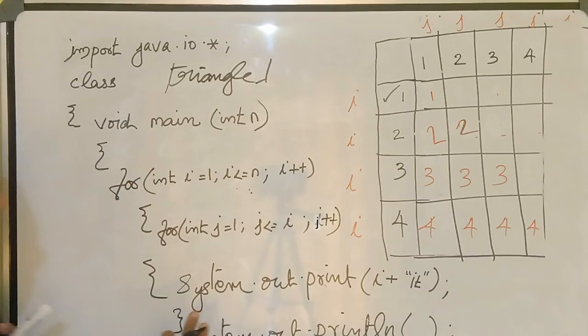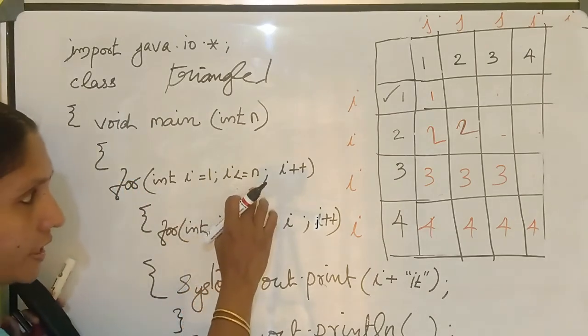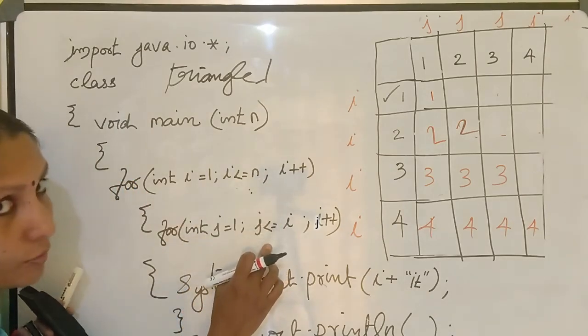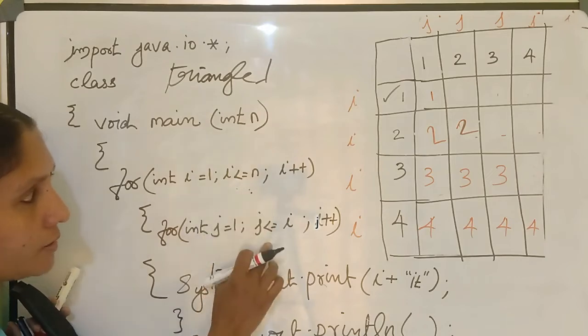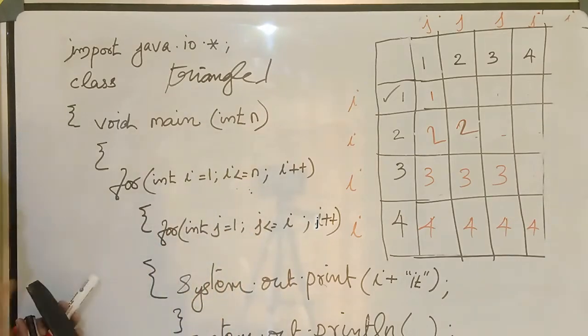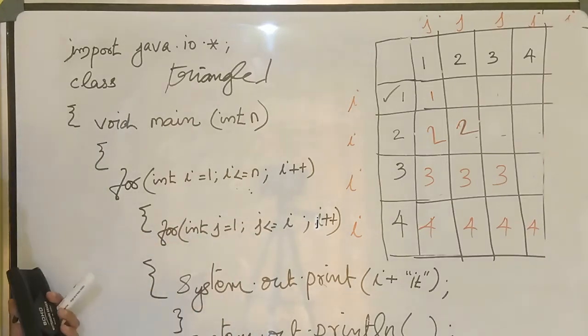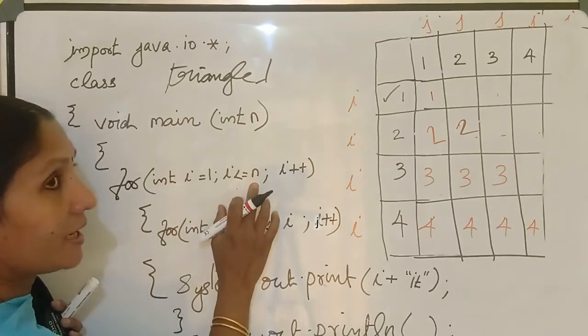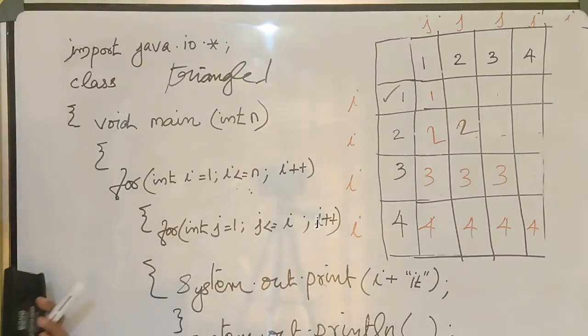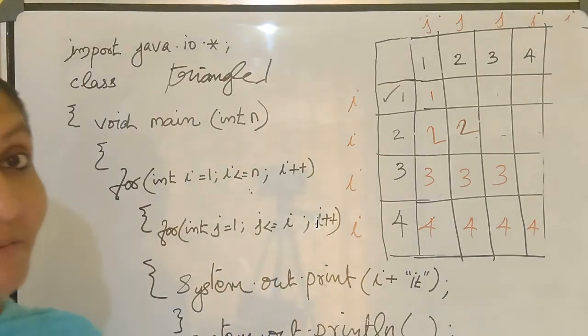A slight change. In the case of a square shape, we give n for both the rows and columns. And in the case of a rectangle shape, first we give n and here we give m. In the case of a triangle shape, we can give n here and i here. That's the difference. I think you all understood the meaning of this one.